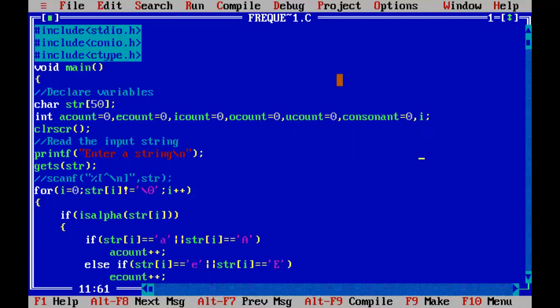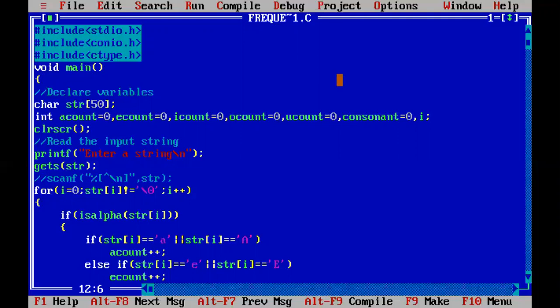Now try to read your input from the user. So I'm reading the input with the help of the function gets. So this gets function is going to accept one argument, which is nothing but a character array. When you are calling this function gets, it will try to read the input entered by the user and store it in the character array called str, and it will read the input as long as the user presses the new line character. When you press the enter key on your keyboard, it will be taken as new line character and gets function will stop reading the input from the user.